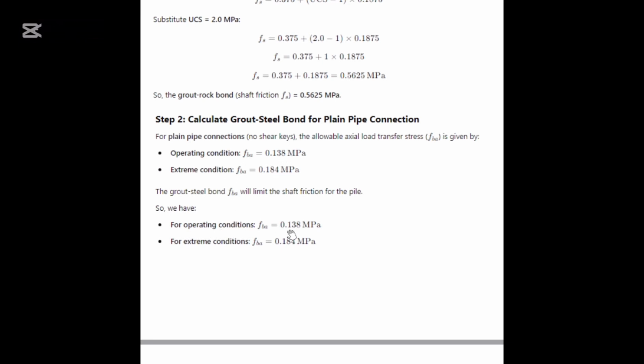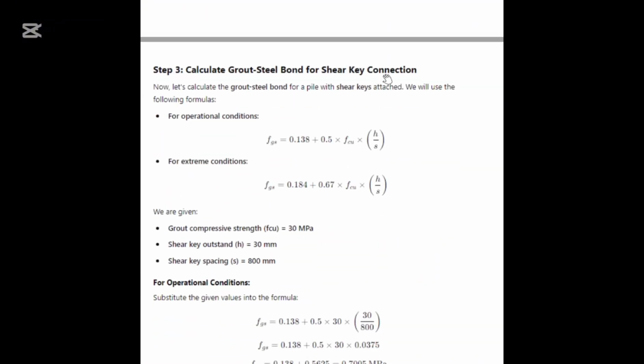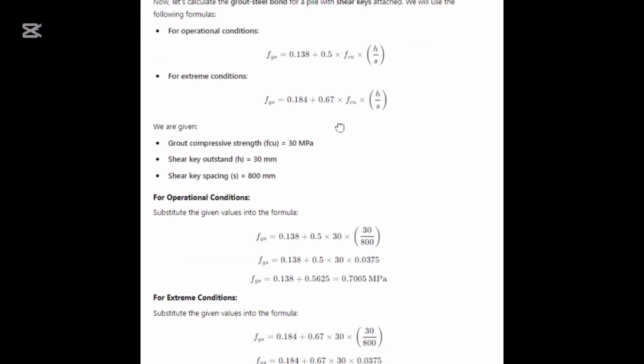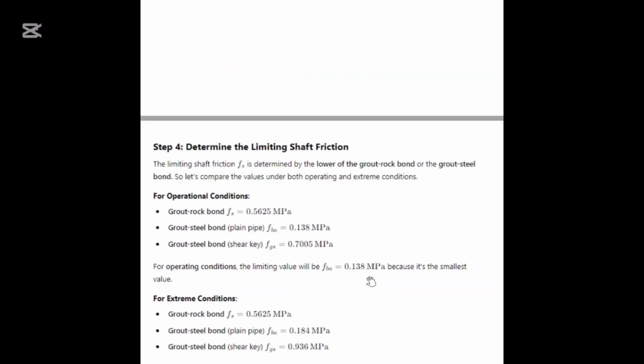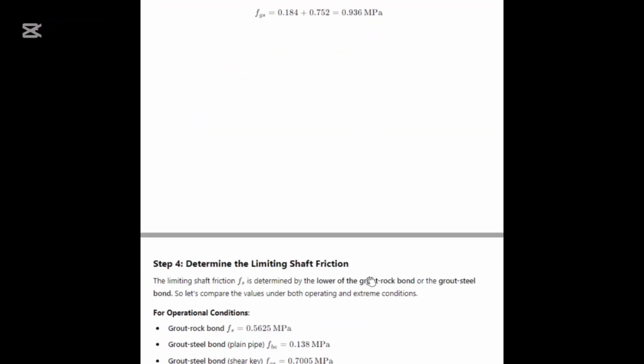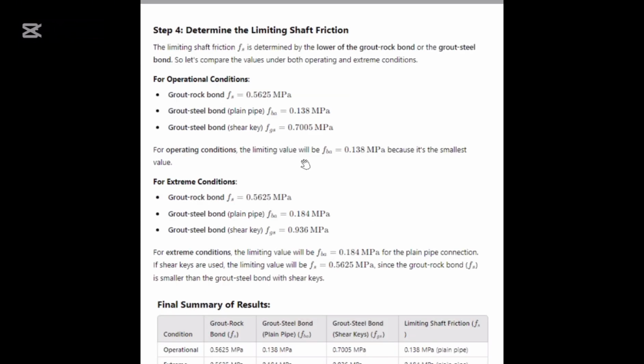And so we have these values, and next is to calculate the grout steel bond for shear key connections. We have the formula. Let's calculate the grout steel bond for a pile with shear keys. We can use these formulas and plug in the values. You will get the values 0.7 and 0.936, but it is still capped at 0.75. We have to limit it to 0.75. It's another example. So step 4 is the limit condition. We can calculate